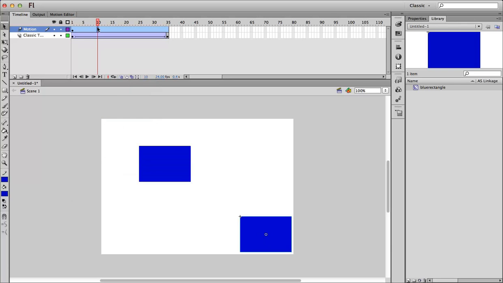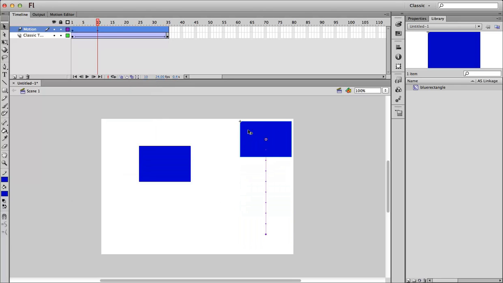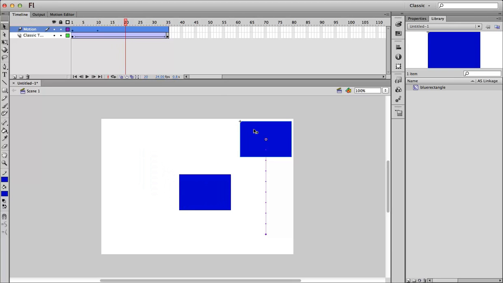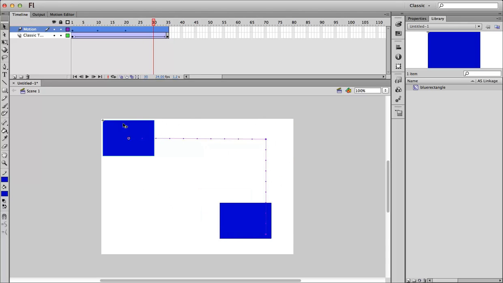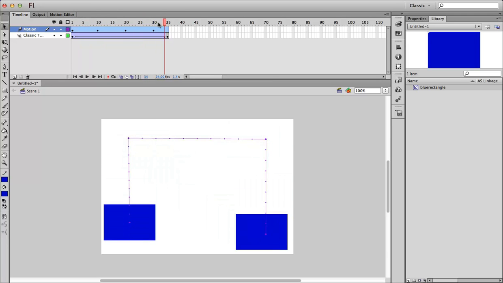And if we now just come to different parts of our timeline, so frame 20, move it to where we want it to go, frame 30, where we want it to go. And you'll notice all the time that I'm doing this, this is drawing a motion path. And so as we scrub backwards and forwards,